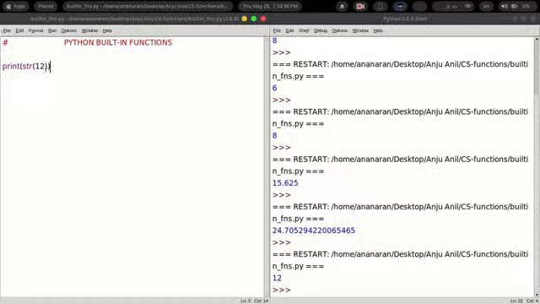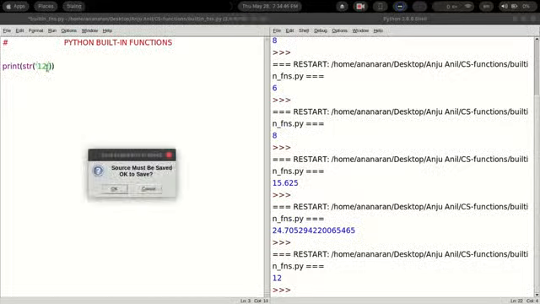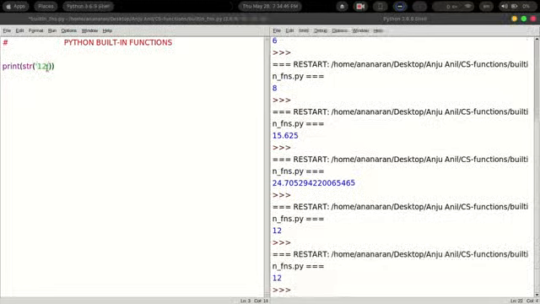Similarly, you can also specify here the number 12 within single quotes. Let us see what will happen. In that case also it will give you the value 12. If you are giving it in single quotes, it is considered to be a string. So a string comes out as a string itself, and if you are giving a number, it will give you a string. So the str function converts a number to a string.